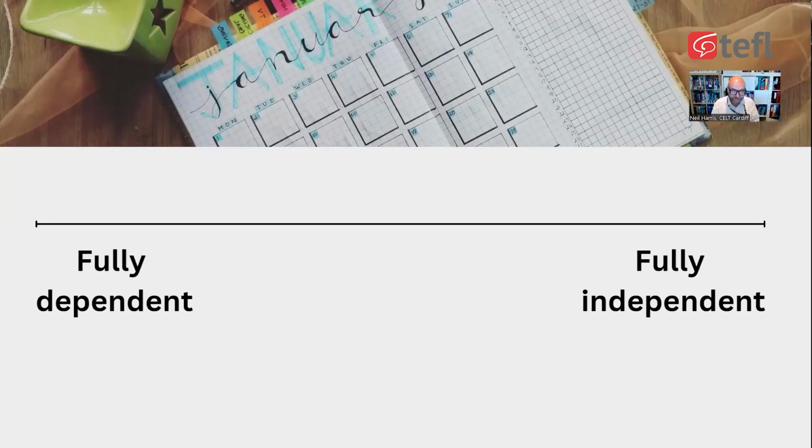What does it look like? Well, on the one hand, you've got the learner who can neither do anything for themselves and doesn't know how to do anything for themselves. They don't have the skills. That is the student who is entirely dependent on the teacher for their language learning success. And I think we can probably recognize they're not likely to go very far.